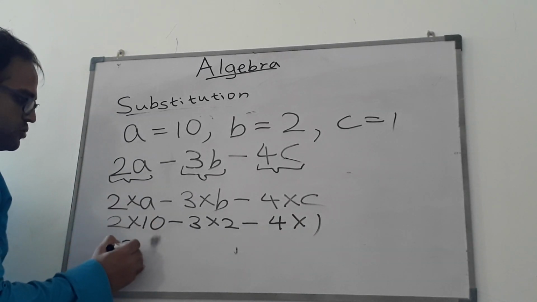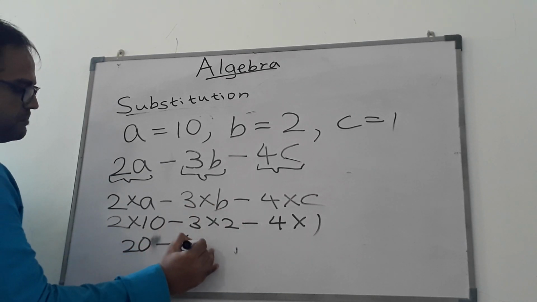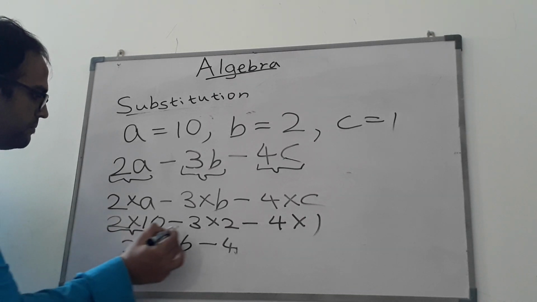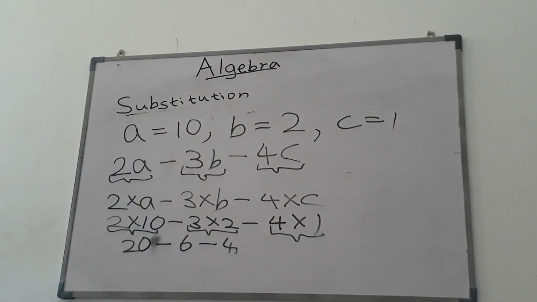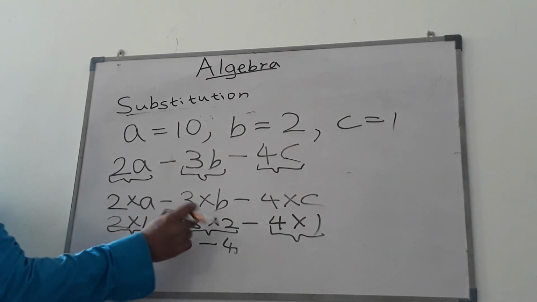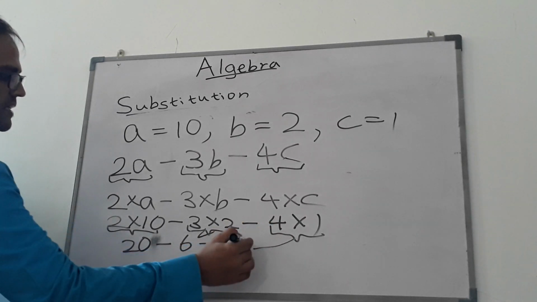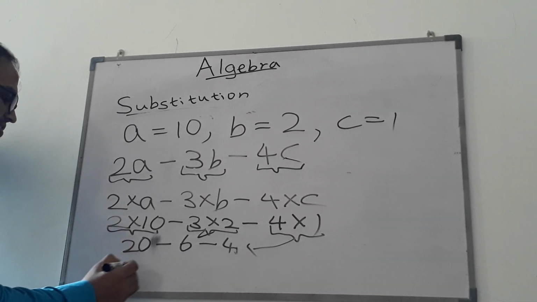2 times 10 means 20, minus 3 times 2 means 6, minus 4. I did the multiplication part first, before addition or subtraction. 2 times 10 is 20, 3 times 2 is 6, 4 times 1 is 4. 20 minus 6 means 14, 14 minus 4 means 10. Here also the answer is